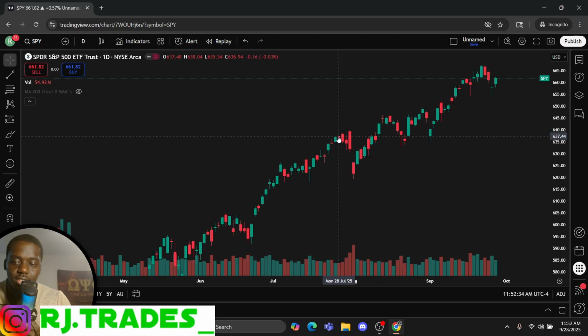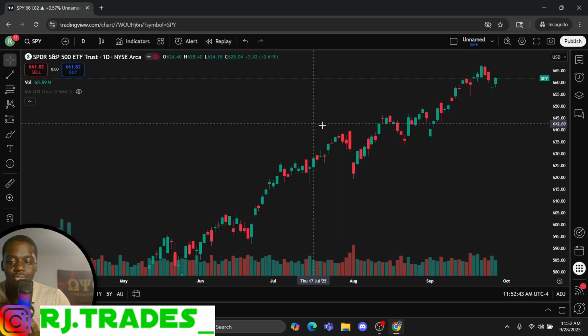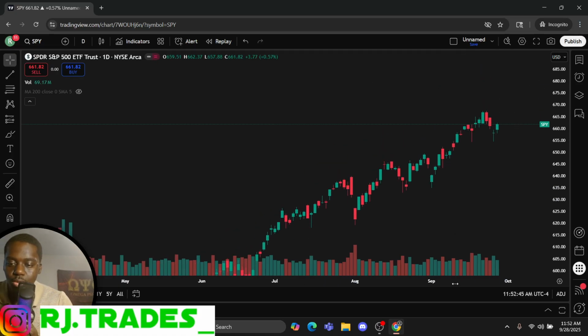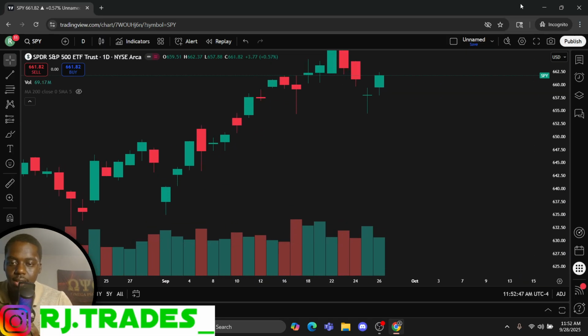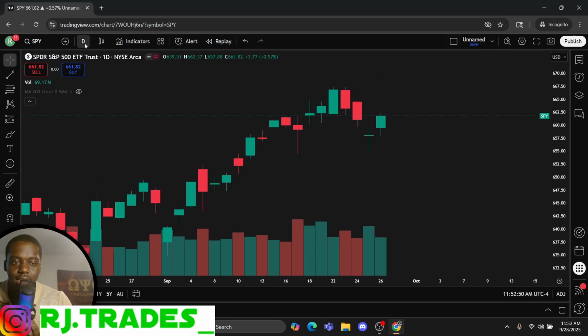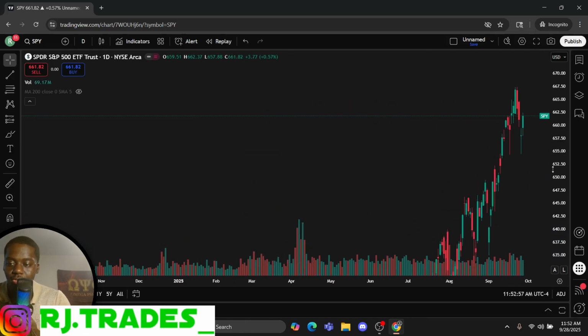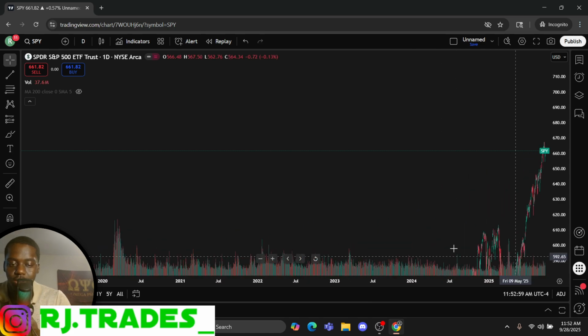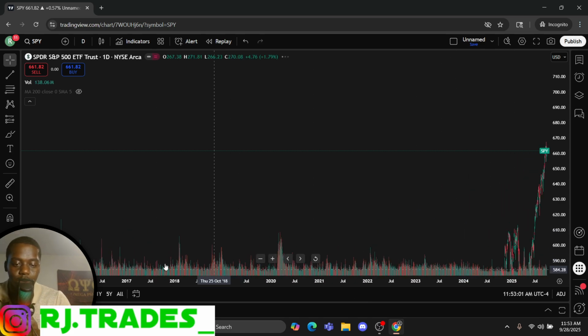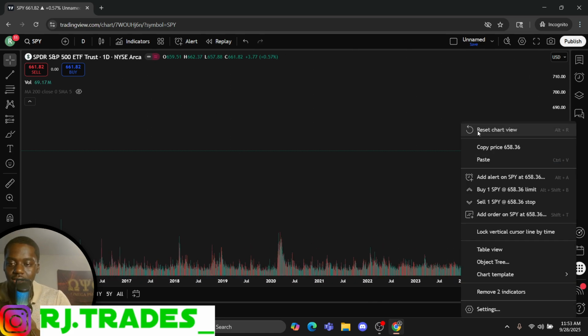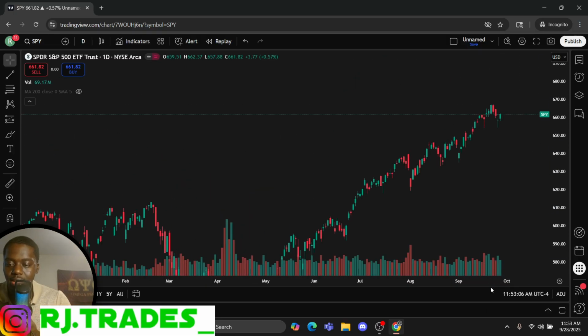Now, what do the wicks tell you? The wicks tell you that at some point in time, for that time interval that you're looking at, that stock was at that price, okay? So if I could take an example here, we'll use this candle right here. Notice I'm on the daily time frame, okay? So each candle represents an entire day worth of data. You got a lot of data. Notice I can go back as far as I want to go here. We're in 2020 now. I could keep going back, keep going back, keep going back, okay? So you have a lot of data when you're looking at something like a daily chart.